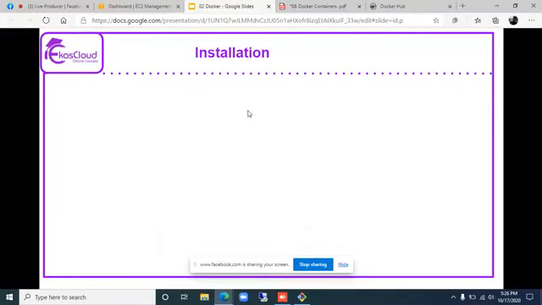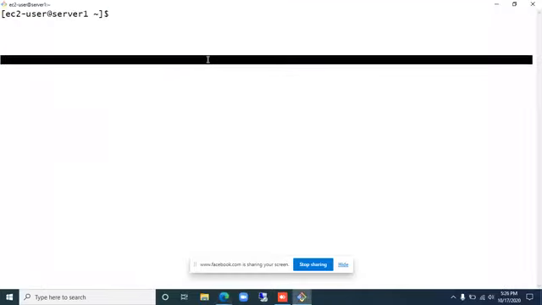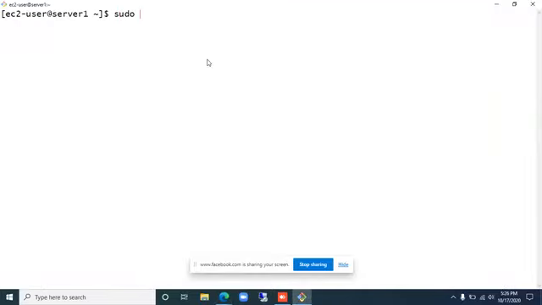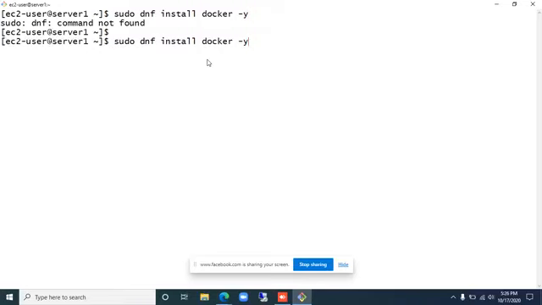In order to do the installation, it's very simple. It's just software. So we can use the command dnf install docker or maybe even yum install docker. So I'll use the command. dnf is not there. So if dnf is not there, I'll be using yum.